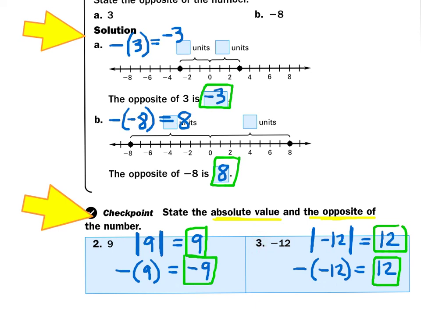Take a look at 3. The absolute value of -12 is 12. It's 12 steps away from 0. The opposite of -12 is 12. Okay,